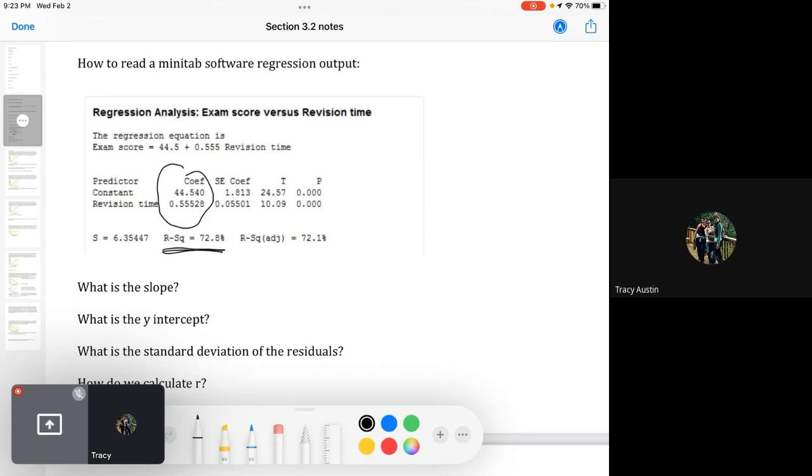Okay. So the way this works, your constant, okay, think about a linear equation, right? We're writing it as y hat equals a plus bx. Okay. Any kind of an equation, the constant is always going to be the one that doesn't have the variable, right? So that is your y-intercept. Okay, so when we read this, we're going to write the equation from it, so y hat equals my constant, which is